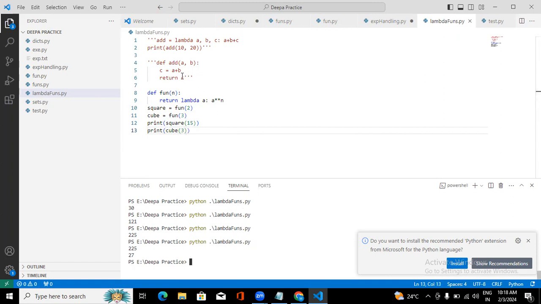3 cube is 27, right? So see, I defined it one time, but based on my requirement, if I want square, I can use that for square. If you want to do cube, I can do that with cube. So inside a function also you can use it, but lambda is limited to a single line. This is how we can reuse it. Okay,